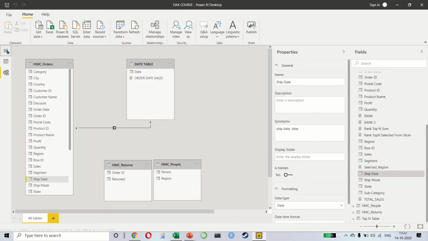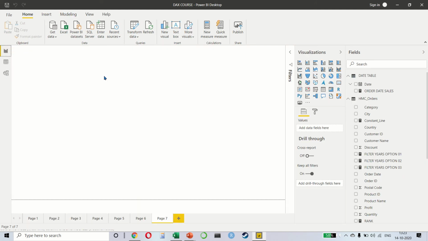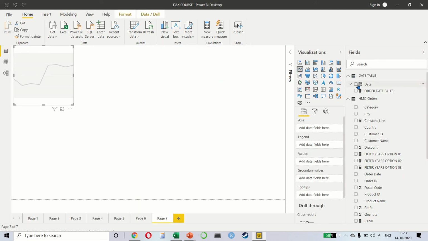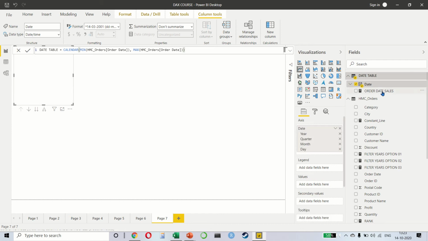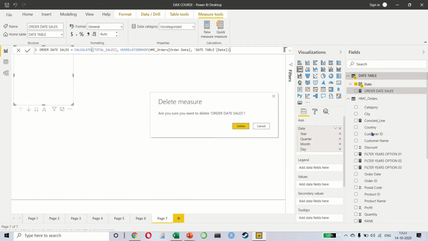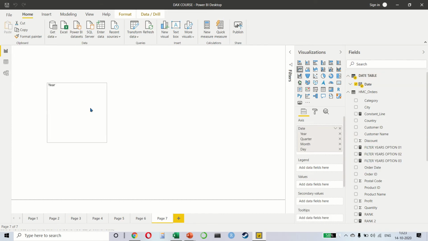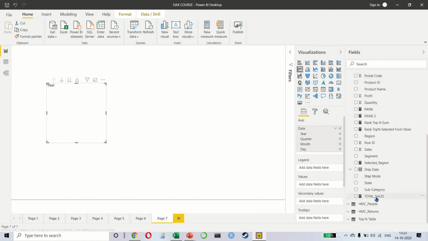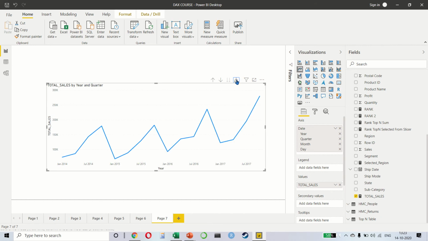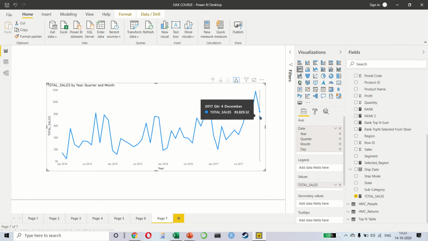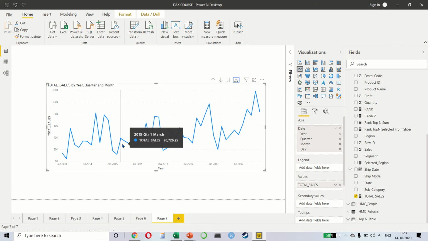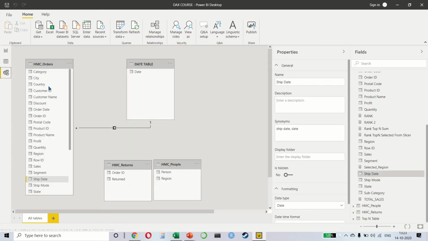This time I want to come to Power BI, and my requirement is that I want to create a line chart with my date in the axis and my sales amount in the value. As you can see, this will show me a line chart for my entire order date. Now, why is it the order date? If you remember, we had created a relationship between the date table and the order date.